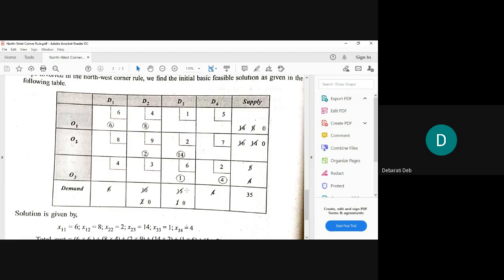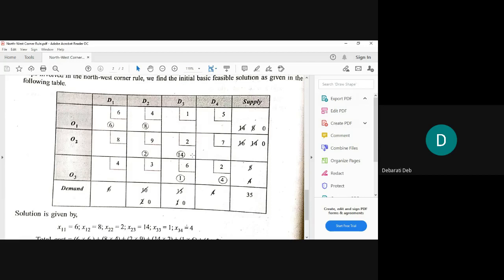So now you see in O2D3 what we have? We have the column total. How much is the column total? It's 15, right? Original was 15. Nothing has been exhausted, so it is 15. And the row total is now 14. Because out of 14, 2 has been exhausted in this box. So we are left with 14. So 15 and 14 has to be compared. And the lowest one is 14 out of these 2. So we will assign 14 in this box, right? We will assign 14 in this box and thus we will strike off 14 and write a 0 in the second row total.